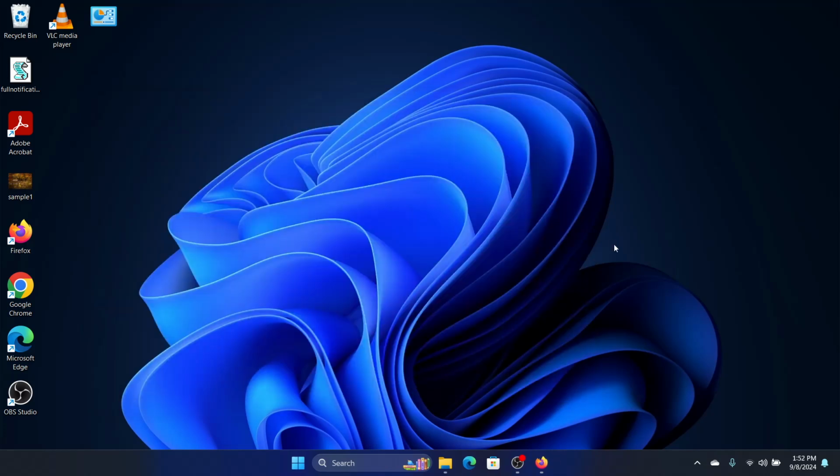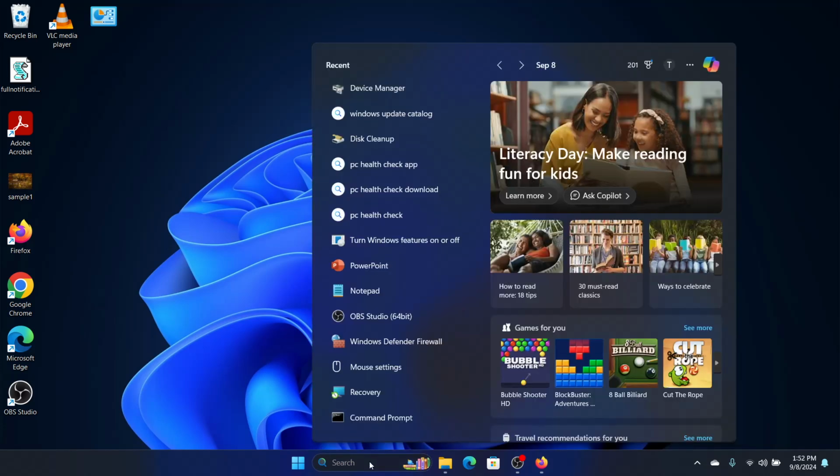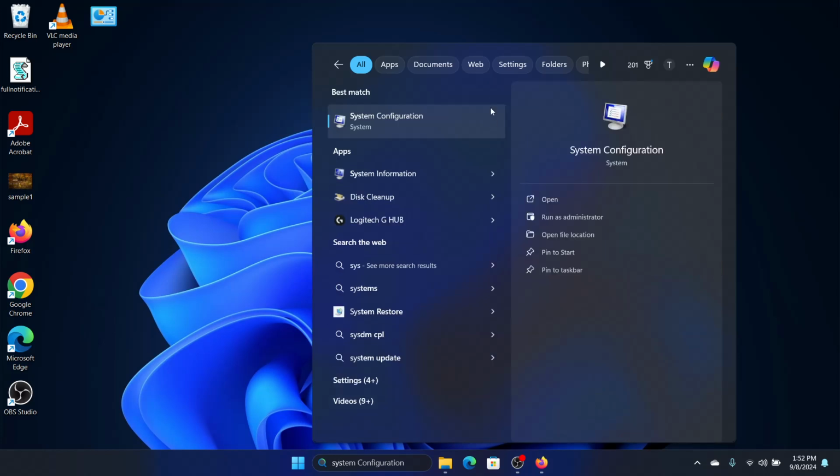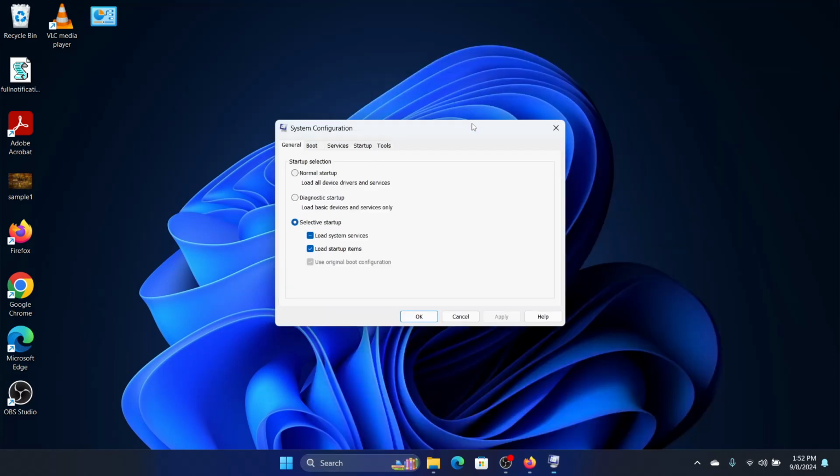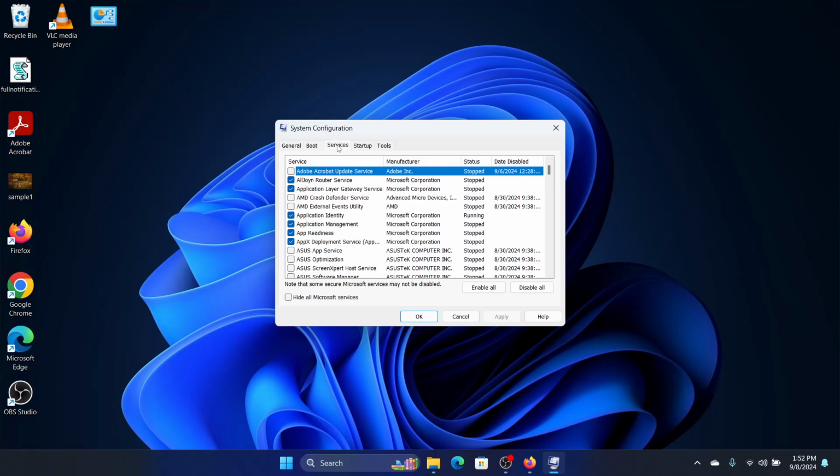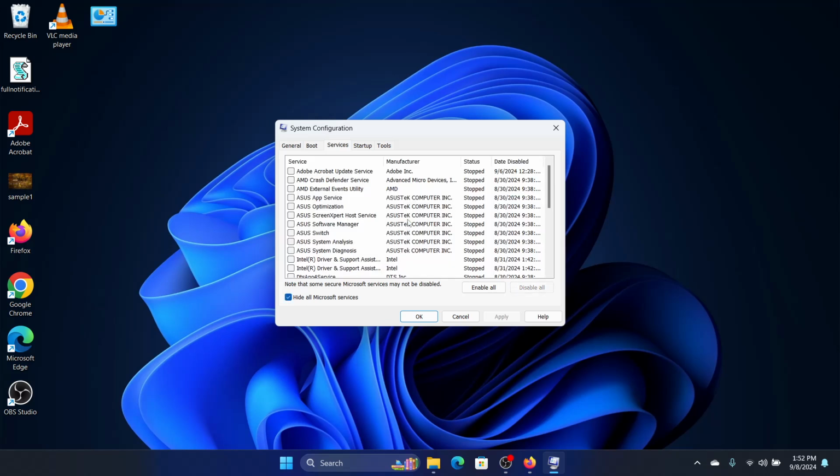Once these two scans are over, then we will restart the system in the clean boot configuration. For that we need to go to system configuration and then click on services, and then very important step is to make sure that the hide all Microsoft services box is checked. Now once that is checked, you need to manually select all those services which are third party services